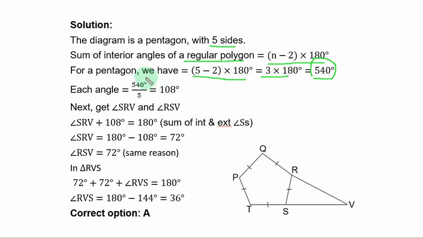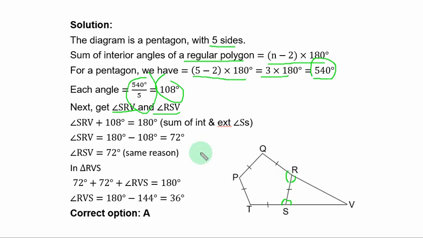Let's get each angle. You divide 540 degrees by 5, and that is 108 degrees. Next, get angle SRV and angle ROSV. So now we want to get this angle and this angle. Remember, these two angles are exterior to the polygon, while this is interior, this is also interior, and each of the angles in the polygon is